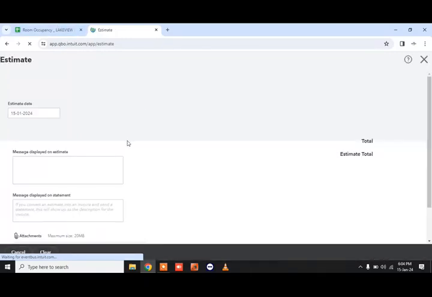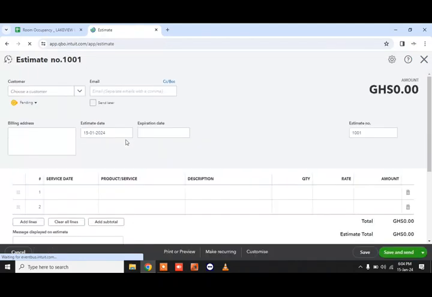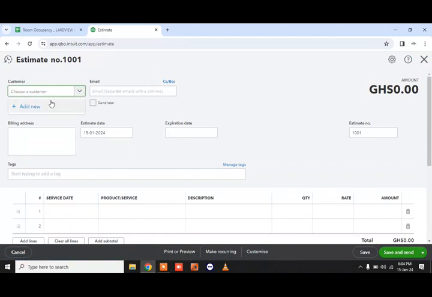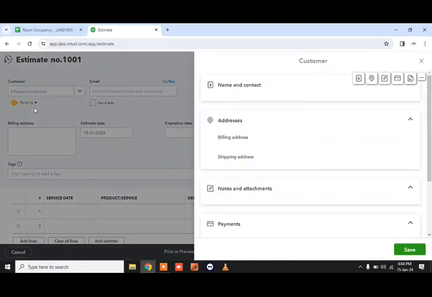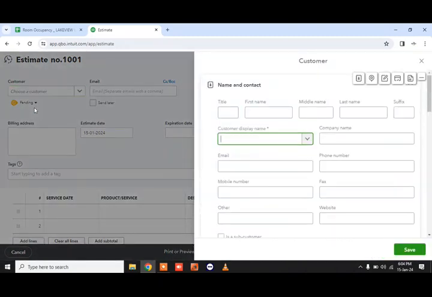Okay. So here, let's say this particular client requested for an estimate. So what I have to do is select the customer. Currently, I don't have any customer in my database, so I'll just click on Add New. I'll add the name of the client. So let's say the name of the client is Nana Neburako. I have other details about this particular person I can add. Okay, his phone number, email address. So let's say the email address of this particular person is